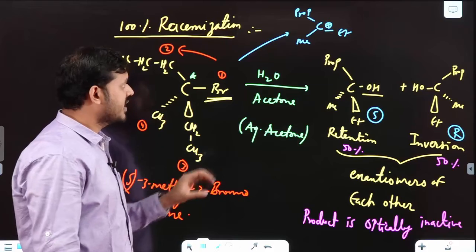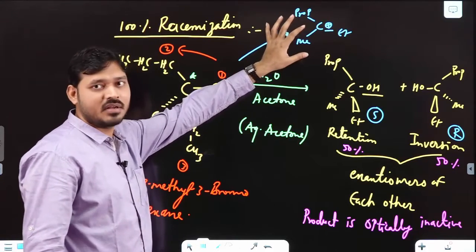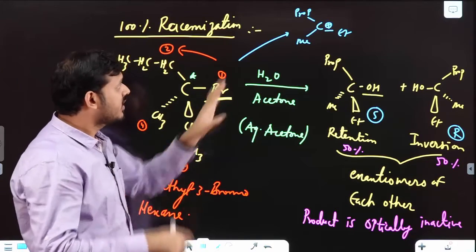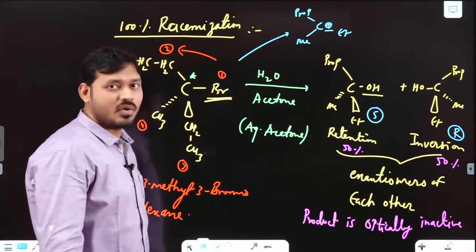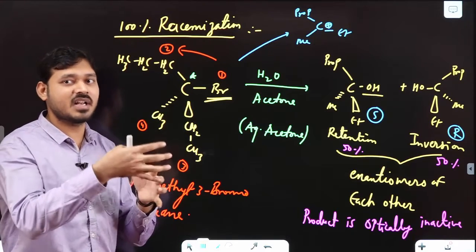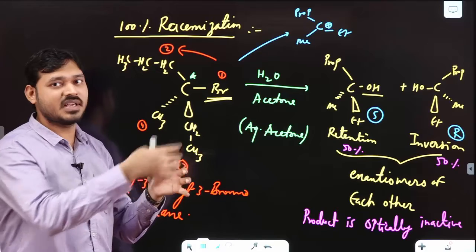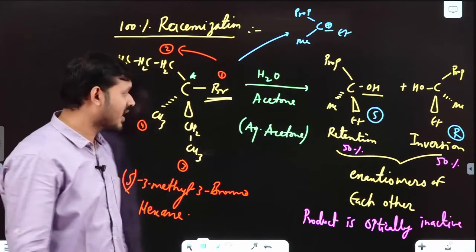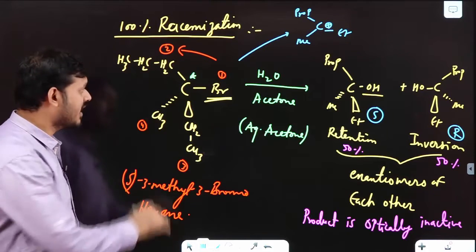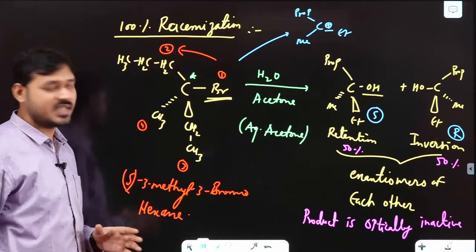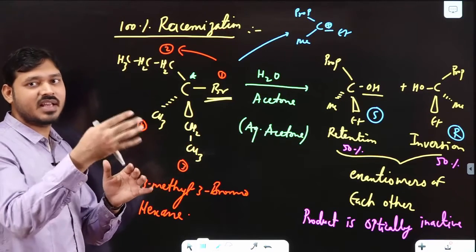One more observation is the intermediate obtained. The more stable the intermediate, and one more thing, the intermediate is achiral here. So the intermediate is achiral and a highly stable carbocation, so the racemization percentage increases. Here it is 100% racemic. Clear to you? I hope you have understood very well about retention as well as inversion. Generally we say inversion is a little bit higher than retention.